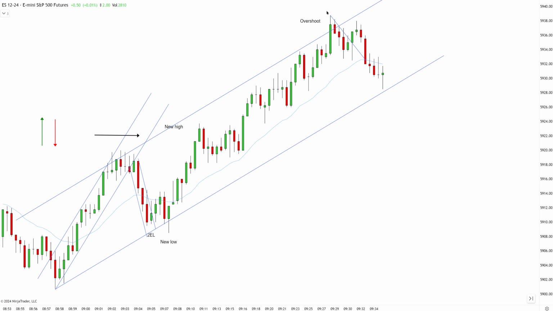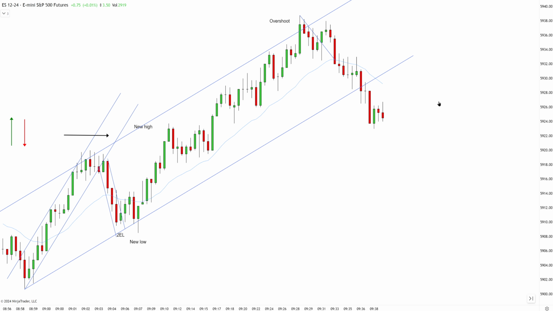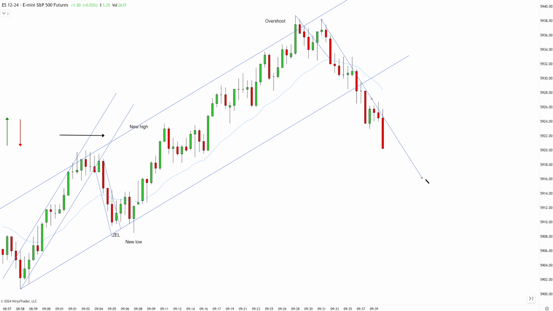We're below EMA. After overshoot, we can have correction, breaking the trend line, or even reversing the trend. So I need to see push above EMA and a high low above EMA due to overshoot. Can we get it? We cannot, and in fact, market keeps strongly correcting lower. So now I have to redraw my channel again.